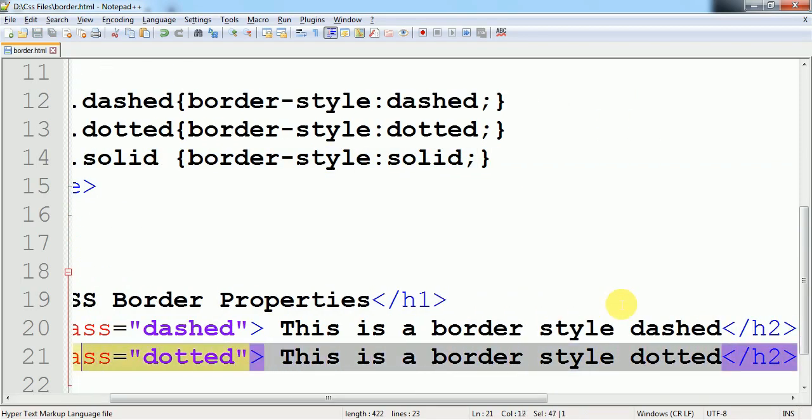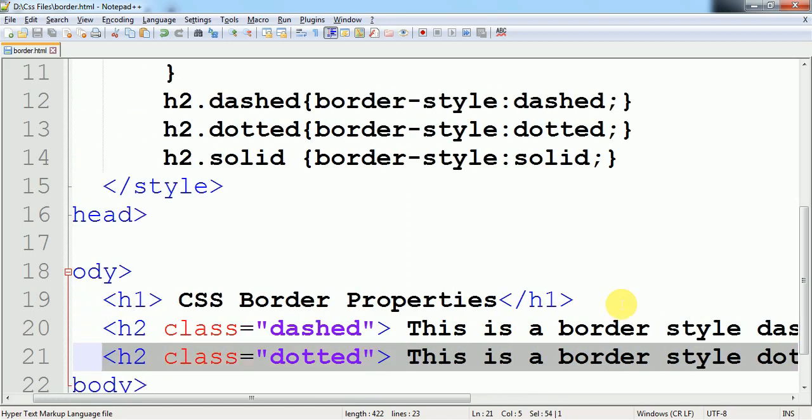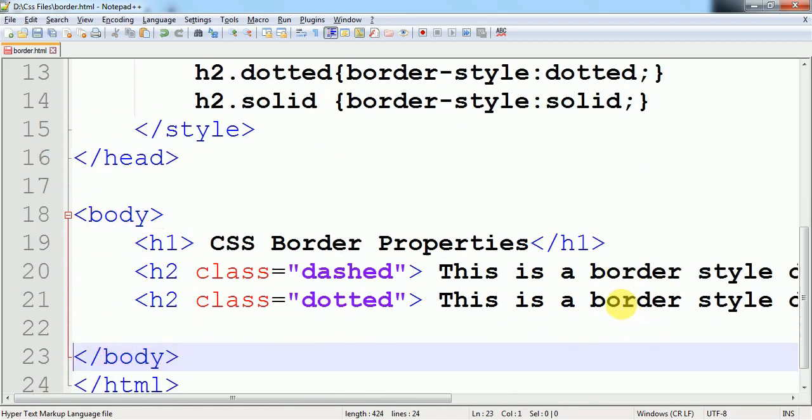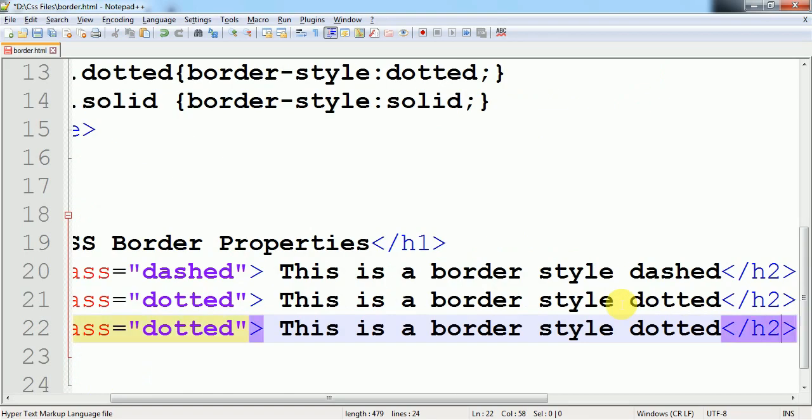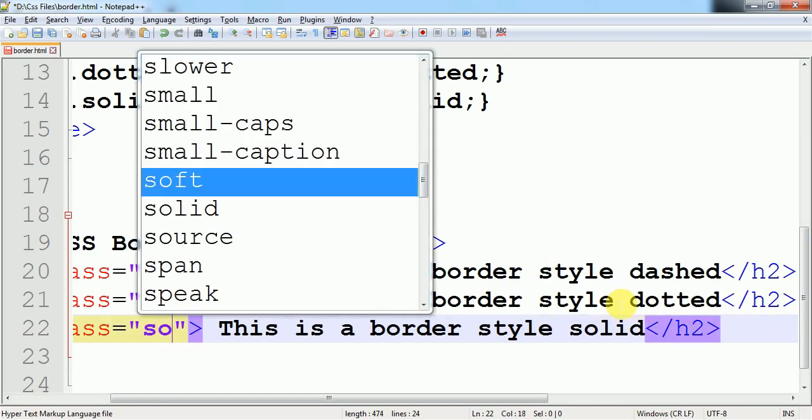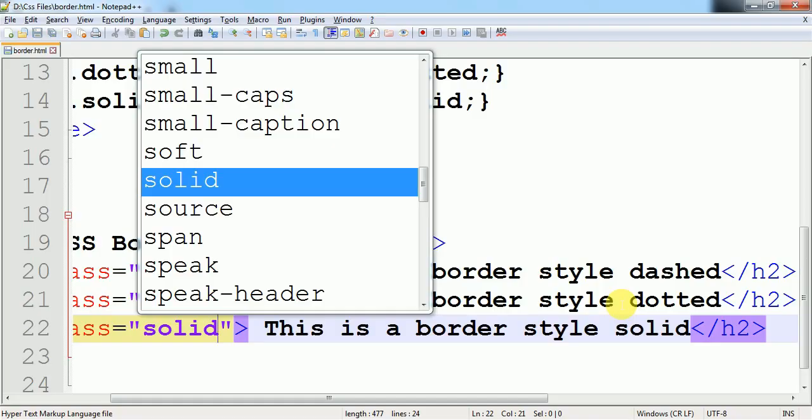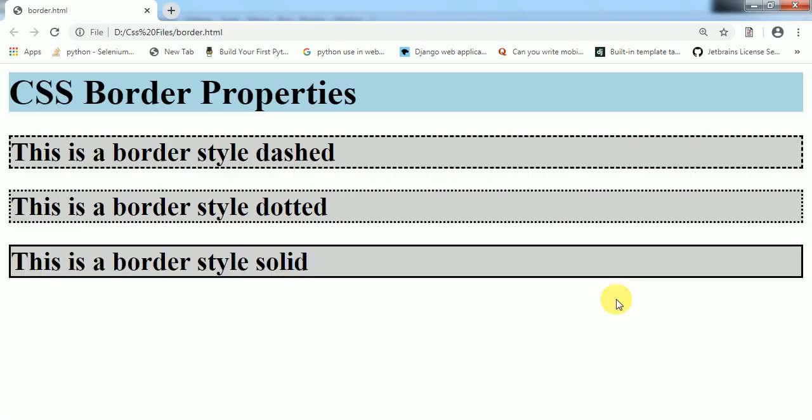So next I'll directly implement on these ones instead of rewriting them. This is SOLID solid. So you see the difference: this one is dashed, this one is dotted with small dots, dash dash dash is there, and this one is solid.